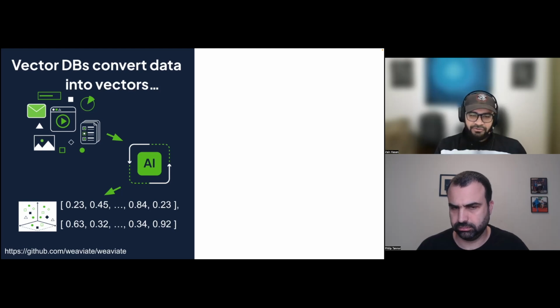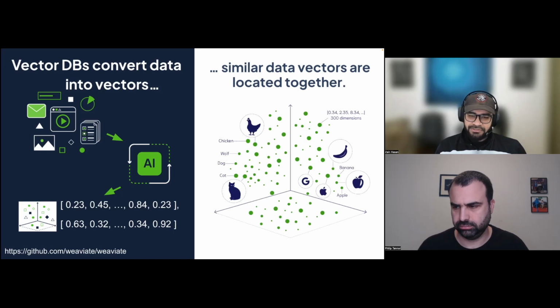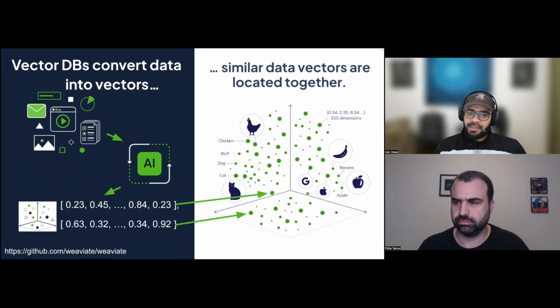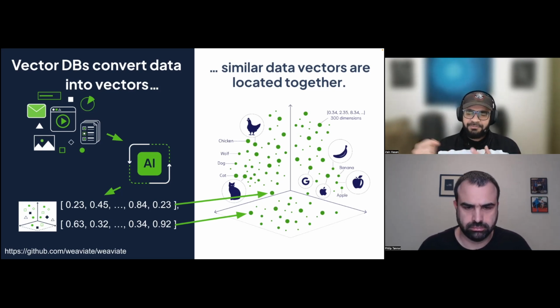But once you've got a vector representation of your data, you can now plot that out into your vector space. So every object is a dot here in my 3D vector space. Usually this is much higher dimensional, 1,000 to 4,000 dimensions typically. But here I'm just showing a three-dimensional representation. And the main concept here is that similar objects are going to be closer together, right? So the word and the image chicken are going to be closer together, whereas the banana and the cat are farther apart. This is the main concept to think about in vector space.